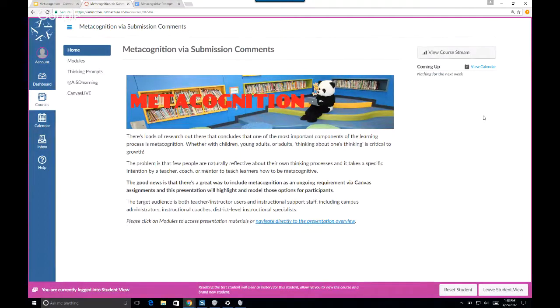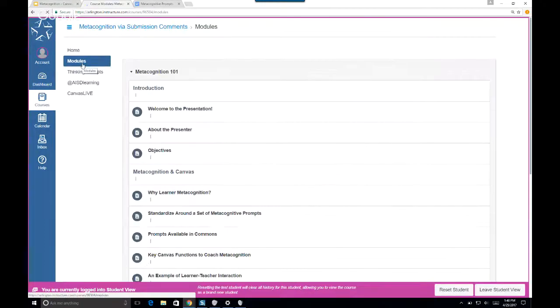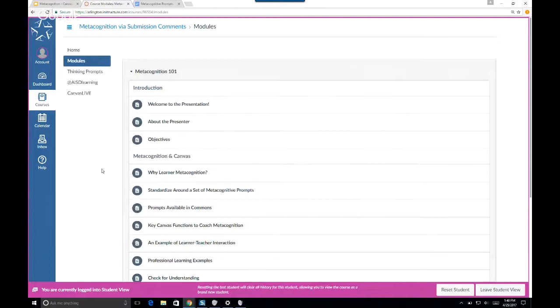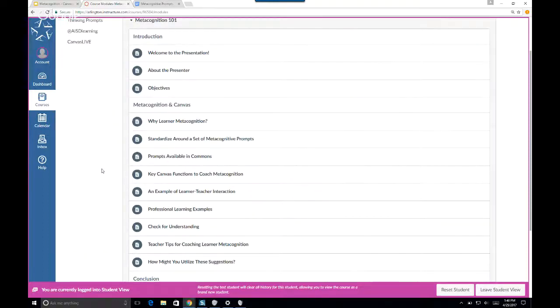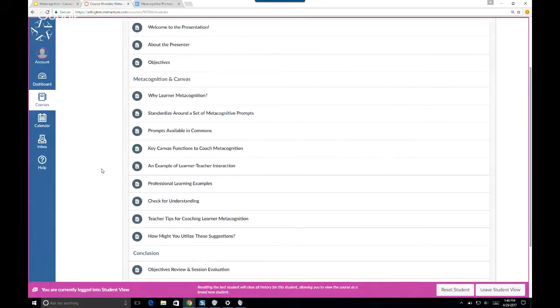So that's the simple tool that you can use in the assignment functionality in Canvas to make metacognitive thinking an ongoing practice, but also one in which the teacher or instructor has a real voice in conversation with the student about those options.